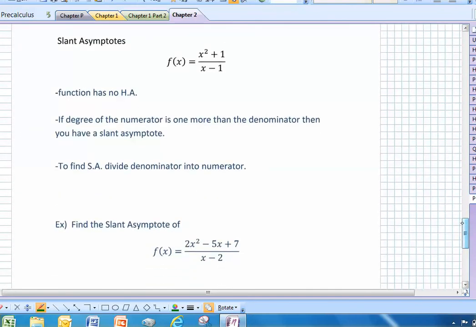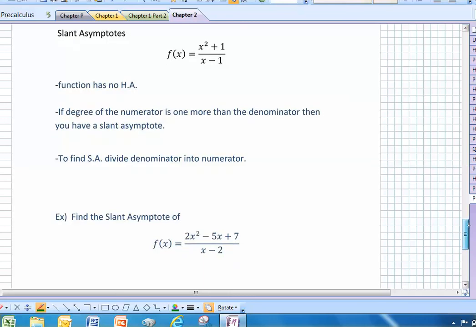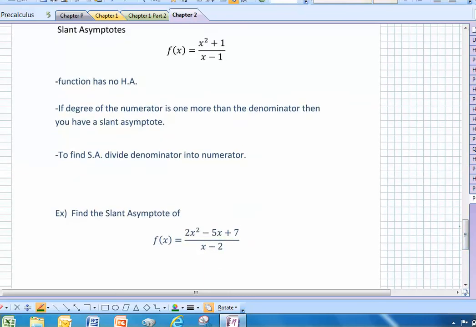Now, a function that does not have a horizontal asymptote may have what's called a slant asymptote. If the degree of the numerator is only 1 more than the degree of the denominator, you have a slant asymptote. To figure out a slant asymptote, you basically divide the denominator into the numerator. So here, if you have x minus 2 and 2x squared minus 5x plus 7, notice degree of the top is 1 more than the bottom. You can do synthetic division,